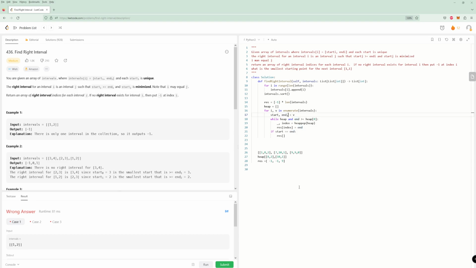This is start, end, index. Let's just say we already used that, so let's just use something else. Let's just say temp, whatever. Okay, because this interval is going to, remember we added the index into the interval, so it's start, end, index. Okay. Anyway,